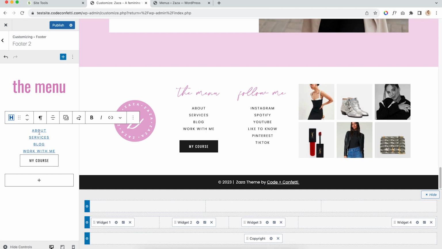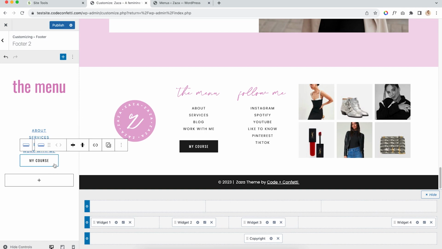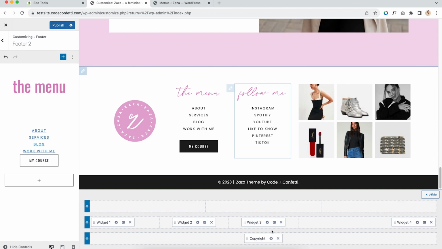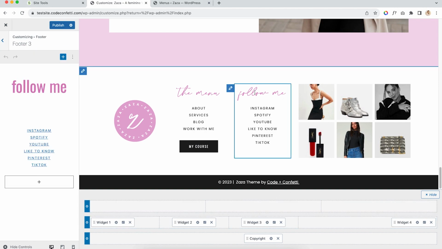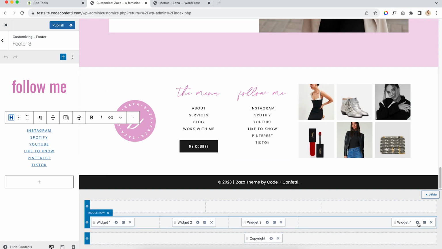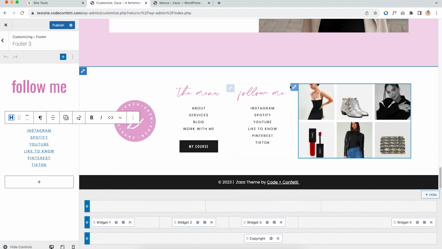So I just created my own little menu basically here with a text widget, and then I have just added a button right below there. Same thing in widget 3, we just have more text widgets,